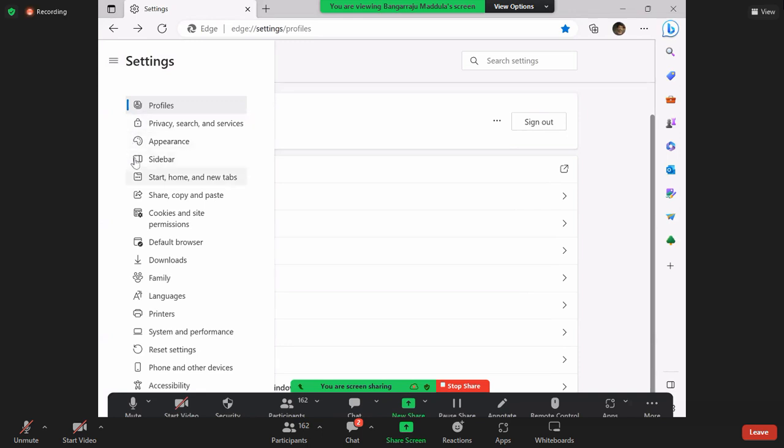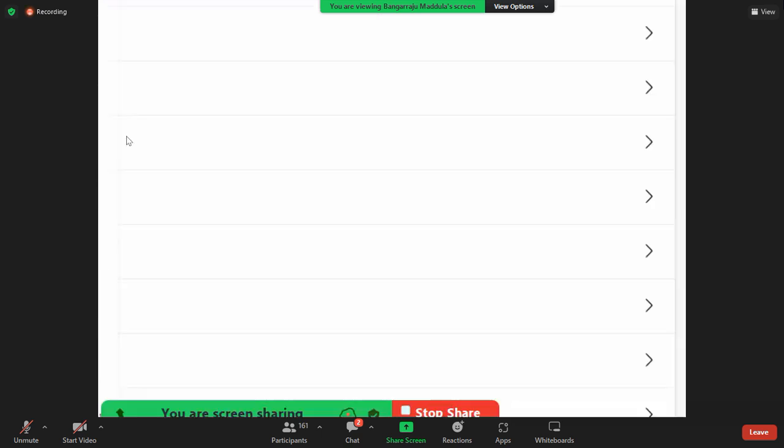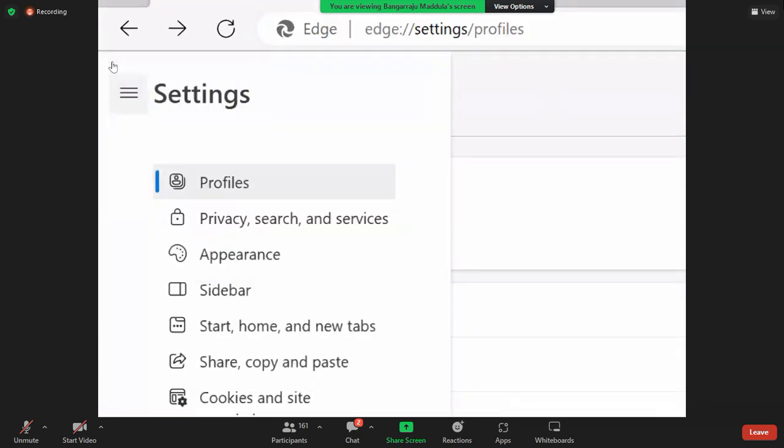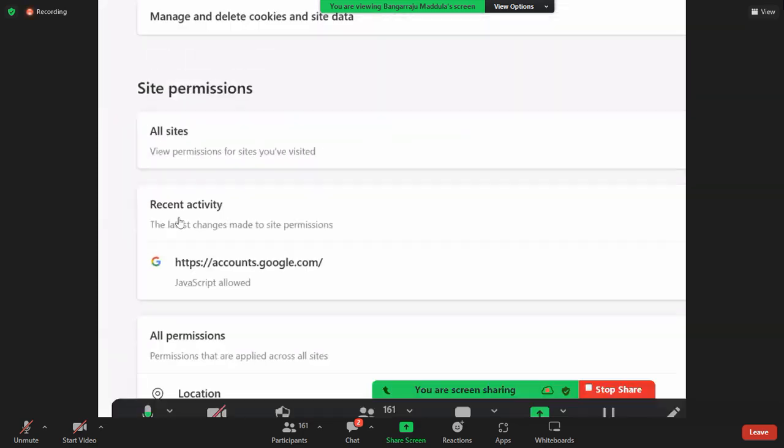We have cookies inside data permissioning. You'll find the option here, cookies inside permission. Actually, the browser was updated. If it is Chrome, you will directly find it on the left-hand side. In the Edge browser, you'll find it on the top here. In the settings, you'll find the option cookies, and you click on that.